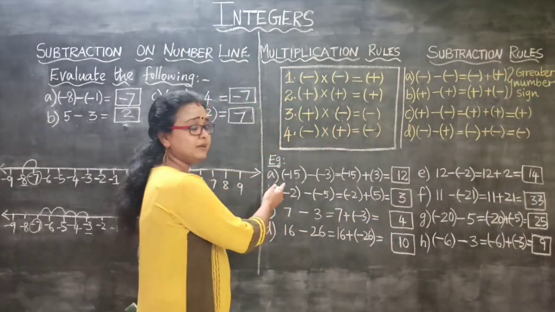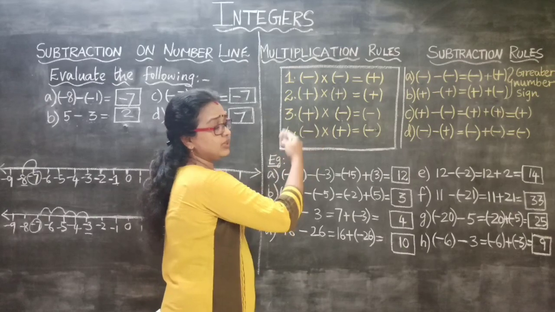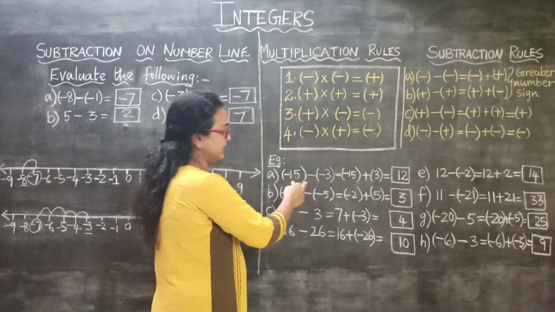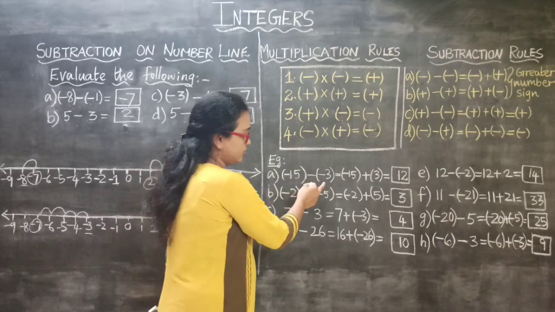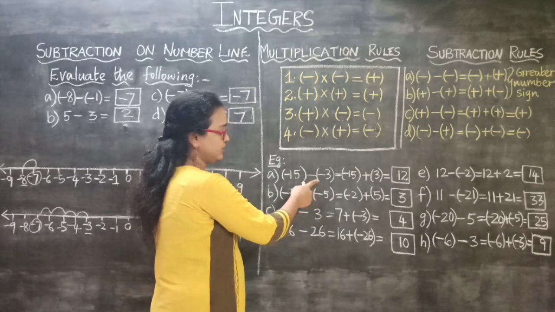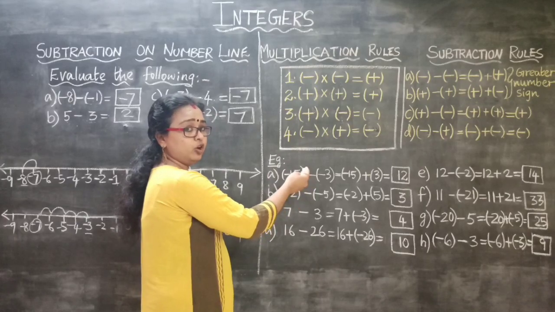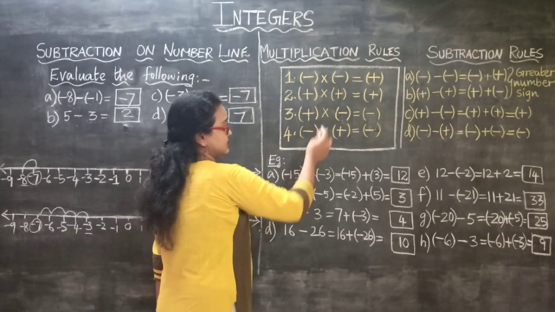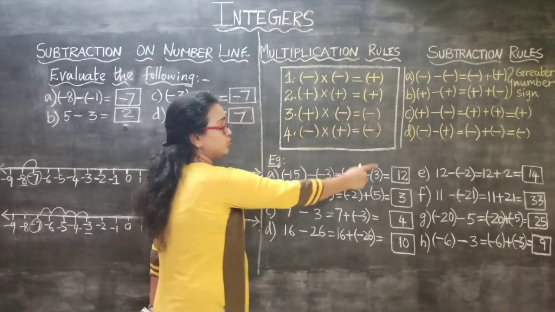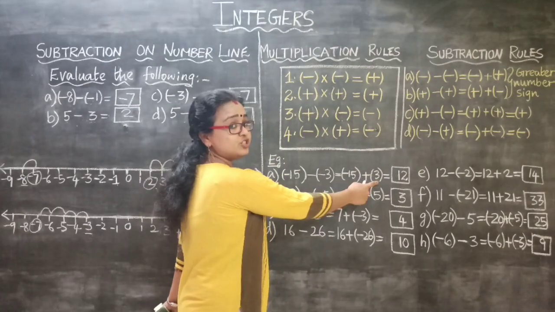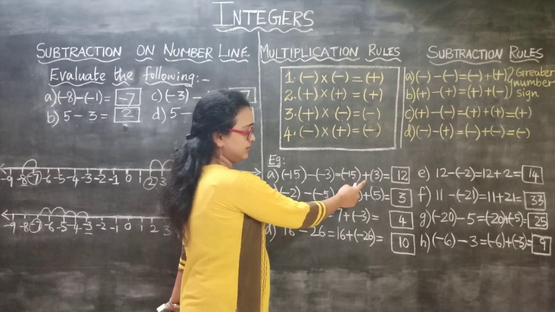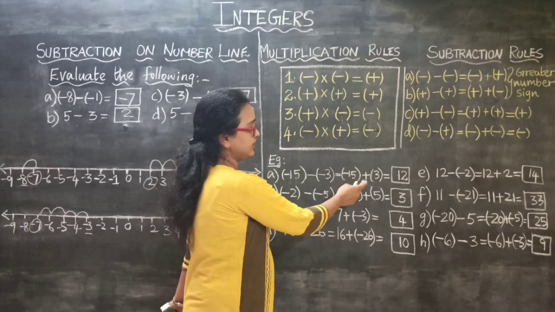Let's see the first example here, which is matching with the first rule. Minus 15 minus minus 3. That is one negative integer, and here also there is another negative integer. So there are two negative integers. When I need to do subtraction on two negative integers, the rule I have to follow is: the first number remains as it is, and minus into minus is plus. So here the second number is changing into positive 3, and we have to put the positive symbol, that is addition here. So minus 15 plus 3.